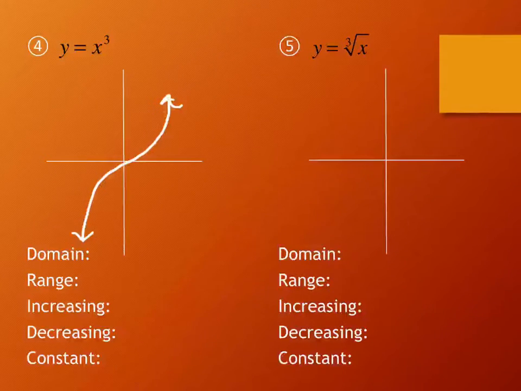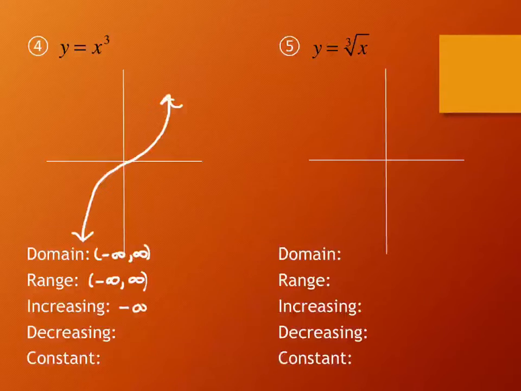What's the domain for this graph? Negative infinity to infinity. Range. Increasing, decreasing, constant. Okay, so it's increasing. What did you say it was, Chris? I agree, but more. What is it? Negative infinity to